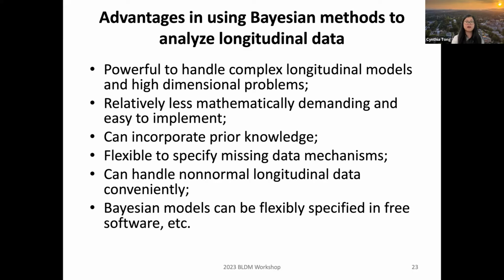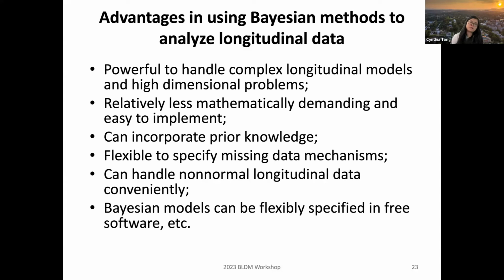And based on some of the previous literature, we see that informative priors really show a great advantage. So if we have prior knowledge and incorporate that, it really will benefit your analysis. And it has even been shown in the literature, for growth mixture models that we'll cover later, that frequentist estimation usually yields poor parameter recovery with small sample size, while the Bayesian approach using informative priors showed promise.